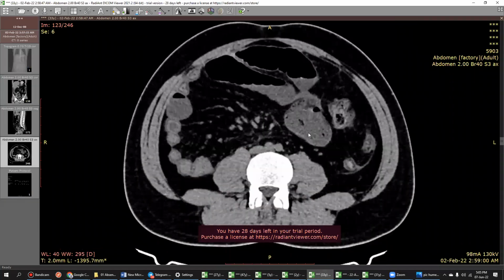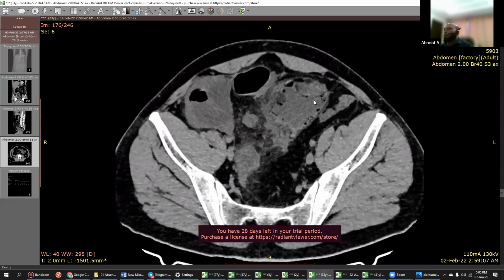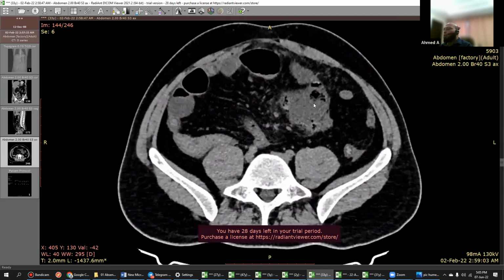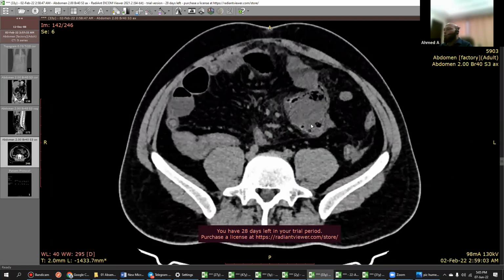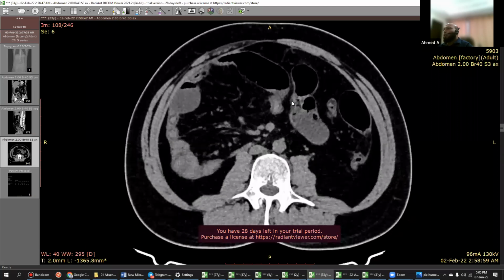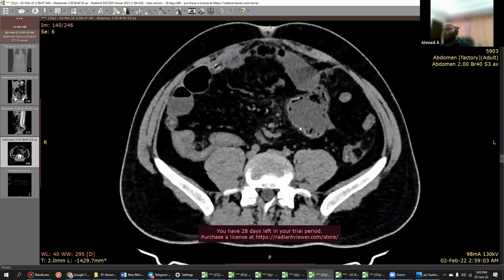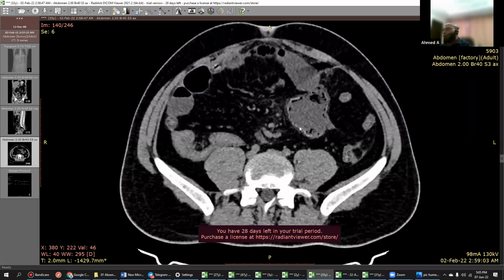This one was a difficult case. That's why I kept it in the middle. But still, with the common approach, you'll get it. Whenever a CT is given, CT abdomen especially, many of the times there'll be no pathology seen, but in this case, at least you are seeing a pathology. Then you have to always go and see where is the appendix, where is the ileocecal junction. In any CT abdomen, remember that you first go and see the bowel loops and the ileocecal junction. Half of the work is done because most of the pathologies are there only.